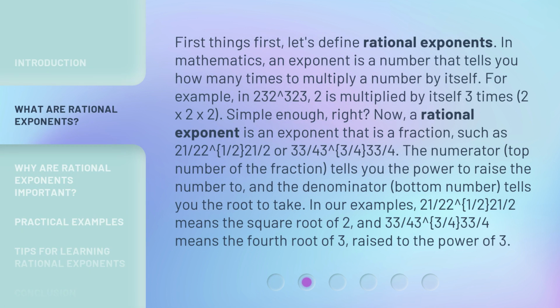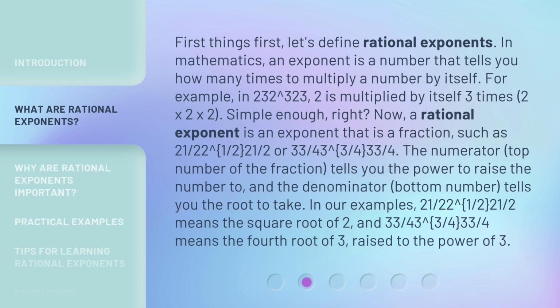First things first, let's define rational exponents. In mathematics, an exponent is a number that tells you how many times to multiply a number by itself. For example, in 2^3, 2 is multiplied by itself 3 times, 2 × 2 × 2. Simple enough, right? Now, a rational exponent is an exponent that is a fraction, such as 2^(1/2),